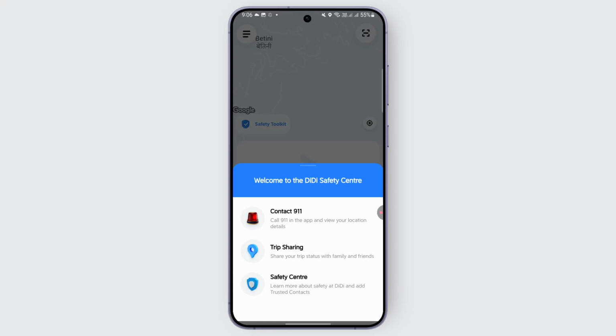center. So what you can do is go to the safety center section, or you can look out for the SOS button. Find the SOS or emergency button. We have options like contacting 911 in the app and viewing your location details, or even trip sharing. So you can share your location with other people and other people will know that, or you can contact the